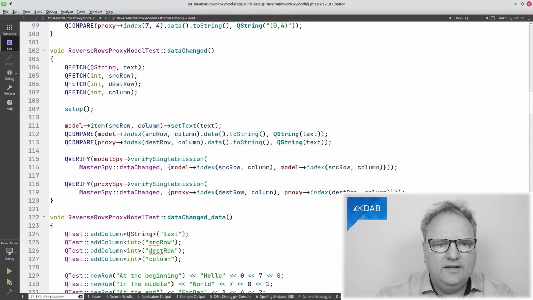And I fetch my data. I call the setup method, and I insert that text that was given here, the hello, at source row, column. And I now validate that that text is actually both in the model and in the proxy at the position we expect it to. And then I go and look at my model spy.